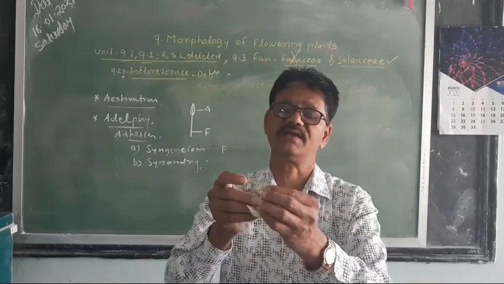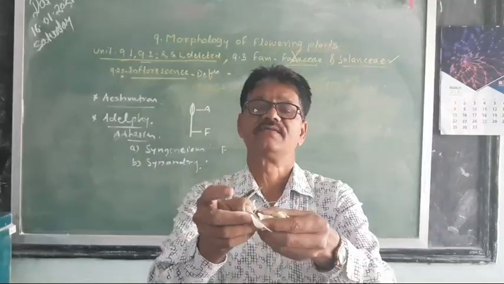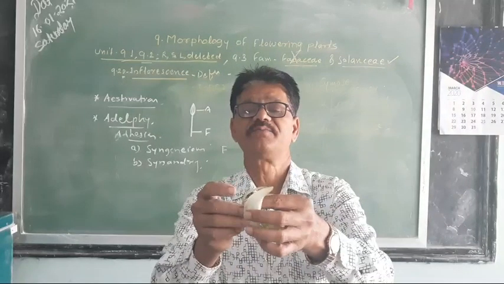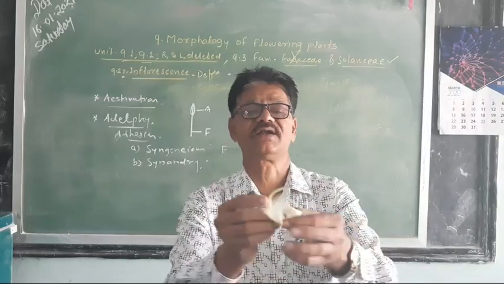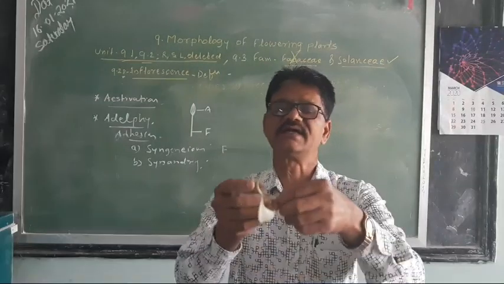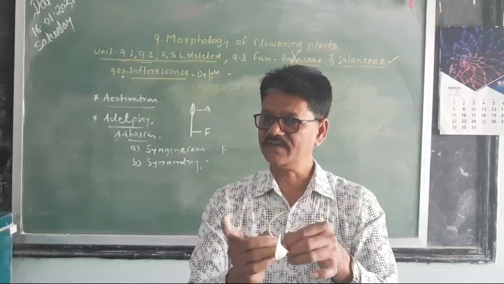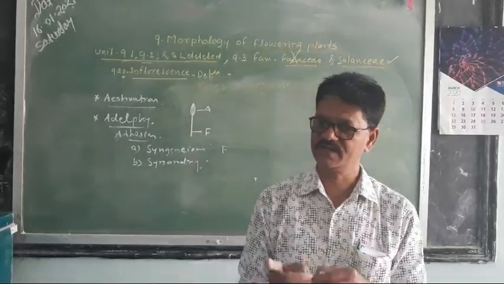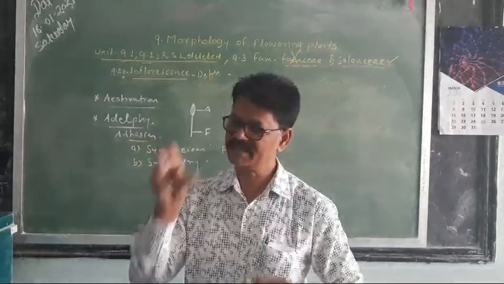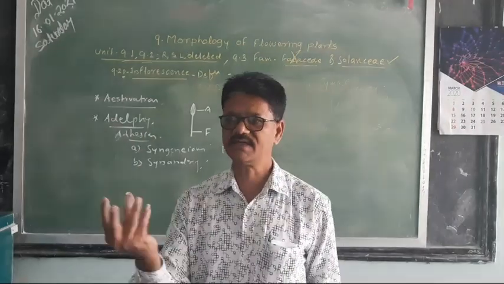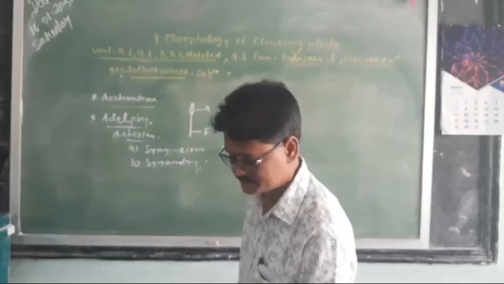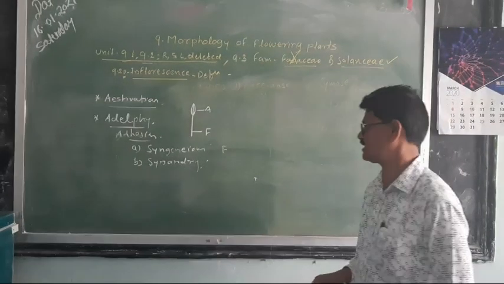You can see very clearly, 9 stamens are united by their filaments. These filaments are united and one stamen is totally free. Means in 2 bundles it is found. It is called didelphous condition. We see monadelphous, didelphous, and in citrus polyadelphous, means many stamens are there, but they are arranged in bunches or bundles. That is called polyadelphous.